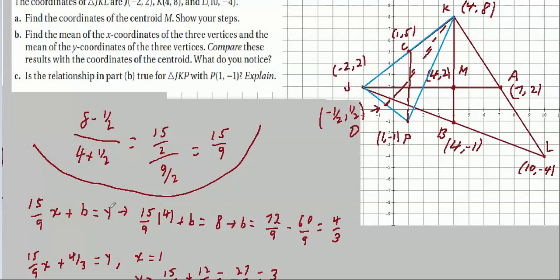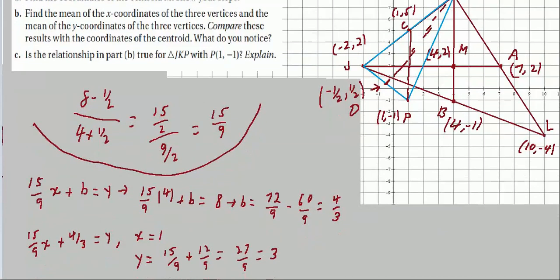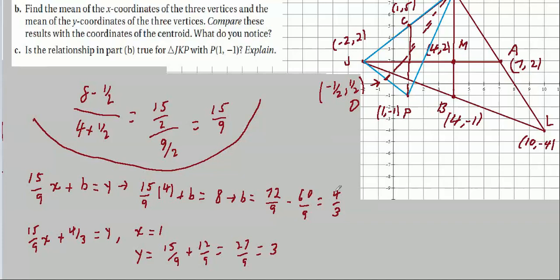We know one point on the line, that would be the point up here, 4, 8. So we can substitute that in and write 4 times 15 over 9 plus b equals 8, which leads to b equals 72 over 9 minus 60 over 9. And that is 12 over 9, or 4/3. It turns out, as I do the equation, I should have just left it as 12 over 9. Outsmarted myself. I'm just going to have to convert this back to 12 over 9 eventually,